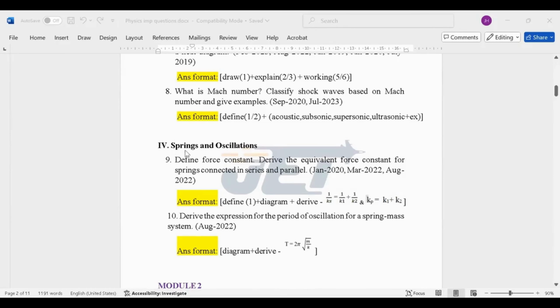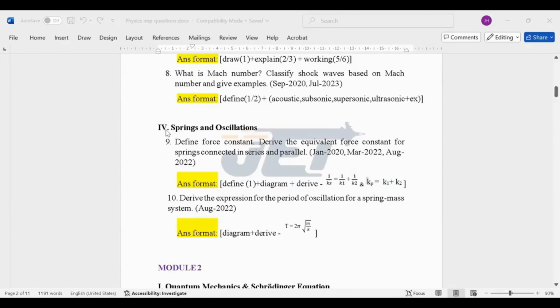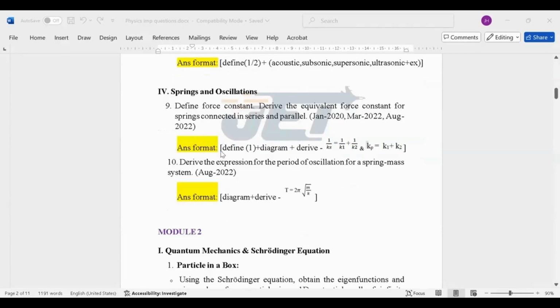Next, coming to springs and oscillations. Define force constant. Derive the equivalent force constant for springs connected in series and parallel. So the answer format will be first definition, then you have to draw the diagram separately for series and separately for parallel, right? And you have to derive it individually. So this is for parallel and this is for series. Don't get confused. Practice properly and go to the exam so that you know which one comes for which one,